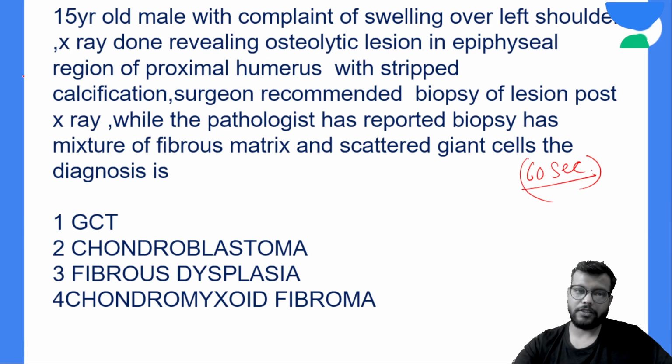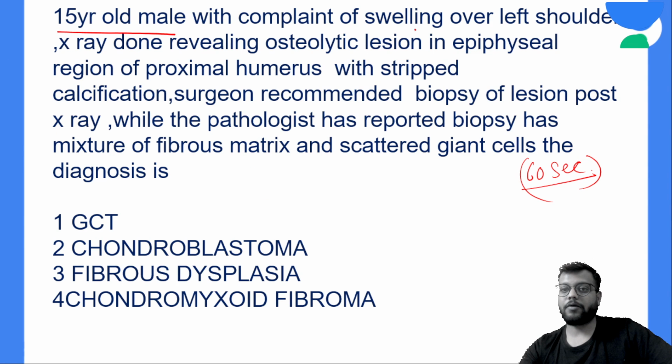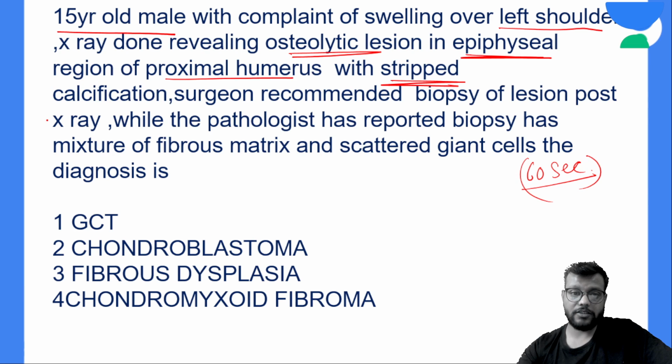Okay, so let's discuss this. A 15-year-old male with complaint of swelling over left shoulder, X-ray done revealing osteolytic lesion in epiphyseal region of the proximal humerus with stripped calcification. Surgeon recommended biopsy of the lesion post X-ray, while the pathologist has reported biopsy as mixture of fibrous matrix with scattered giant cells. The diagnosis is, okay,